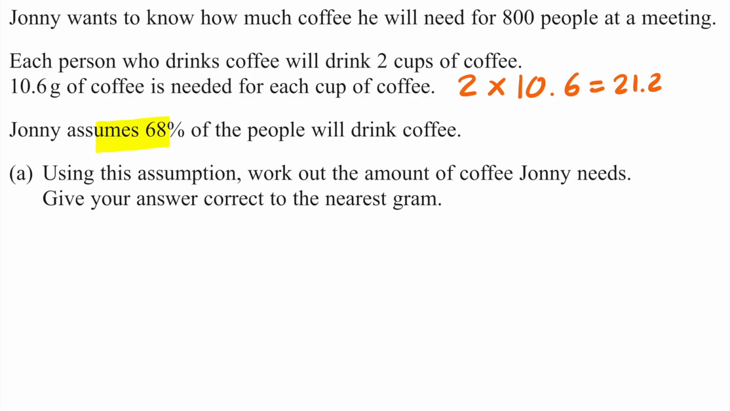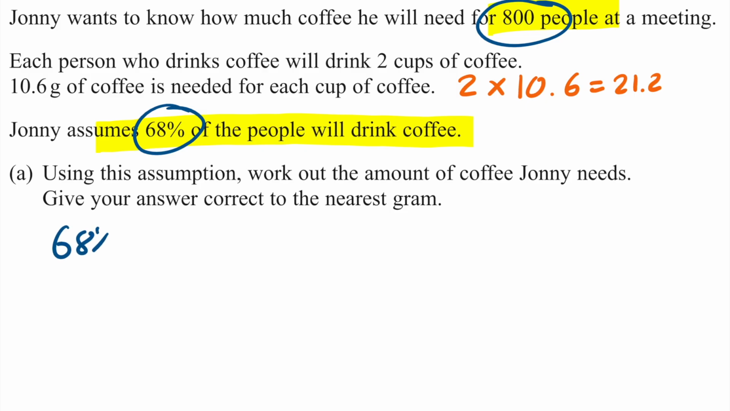Johnny assumes that 68% of the people, and there's 800 people in total, will drink coffee. So we need to find what 68% of 800 is. In order to do this, we're going to convert 68% into a multiplier, and we do that by dividing by 100. So in order to convert a percentage to a decimal, you divide by 100,